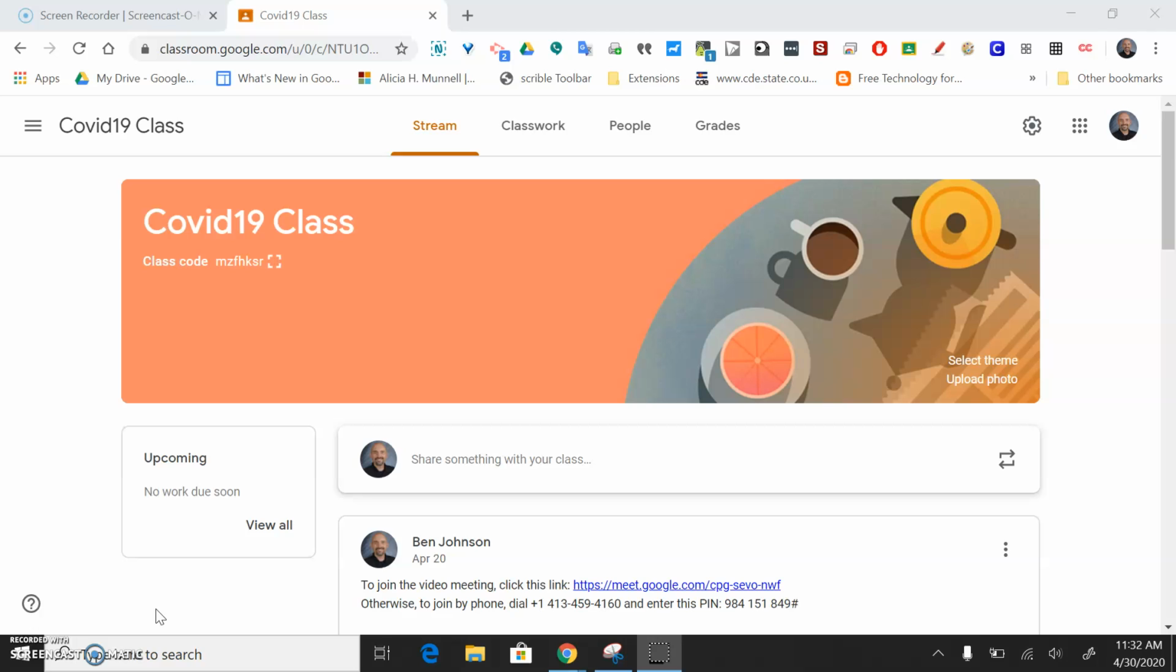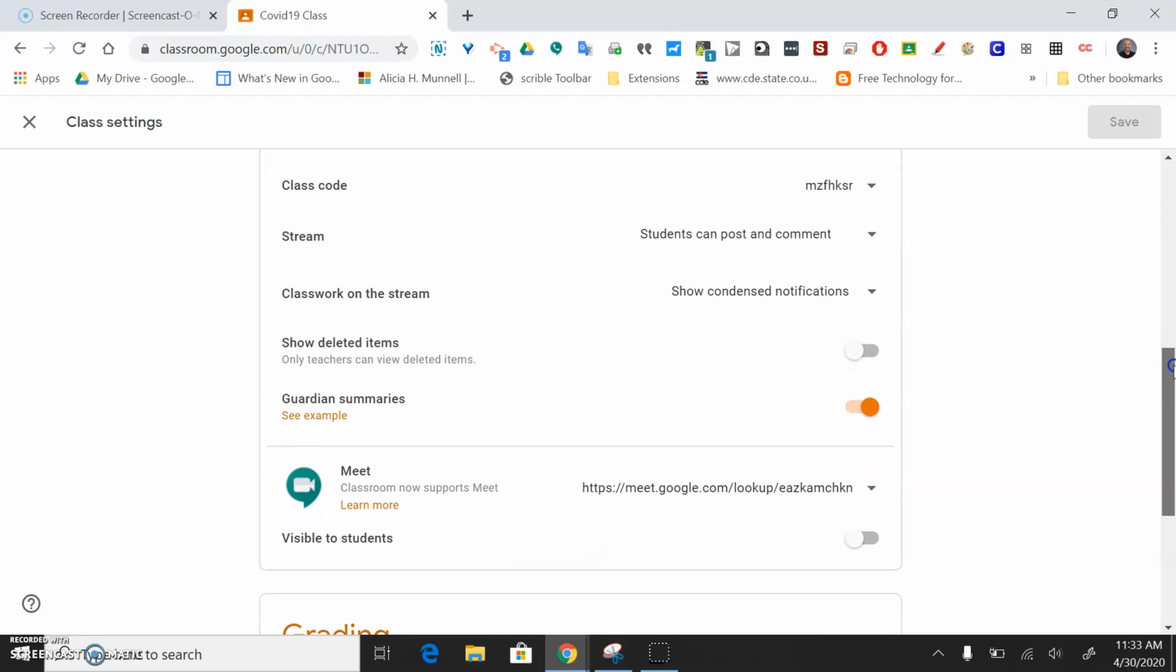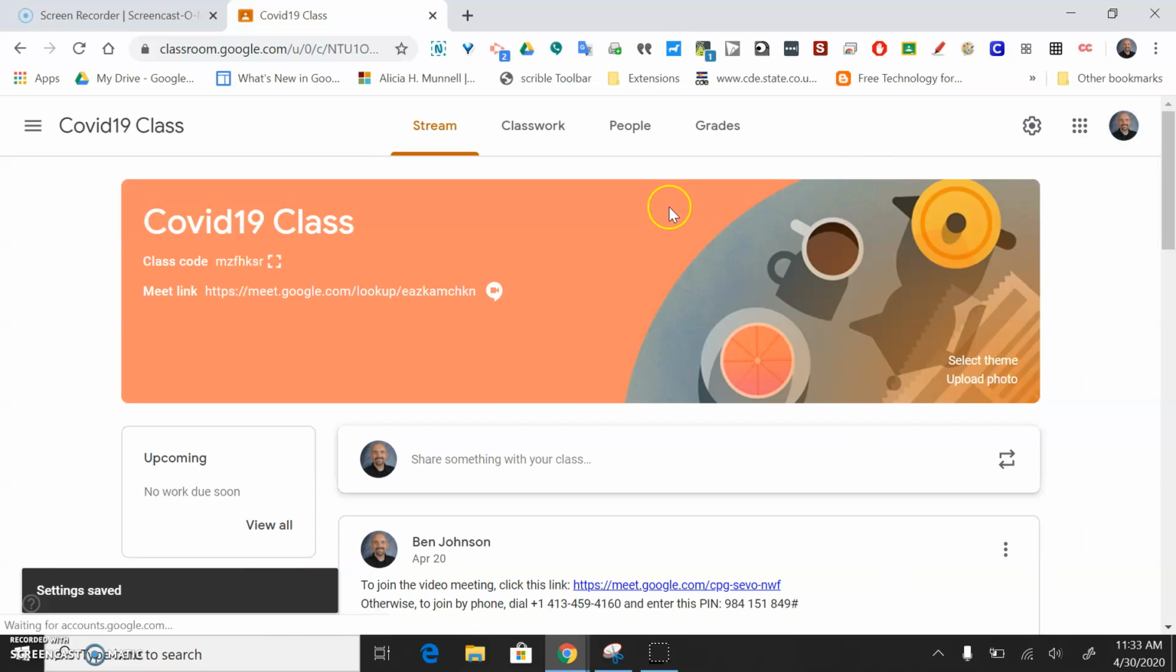This is a new feature, relatively new. So you go to your class, and then in the upper right hand corner is the cog. If you click on the cog, you can scroll down to this general section, and you'll see they've now added Meet as an optional feature that you can make visible for students. Once you turn that on, if you save it, it will show up in the banner of your